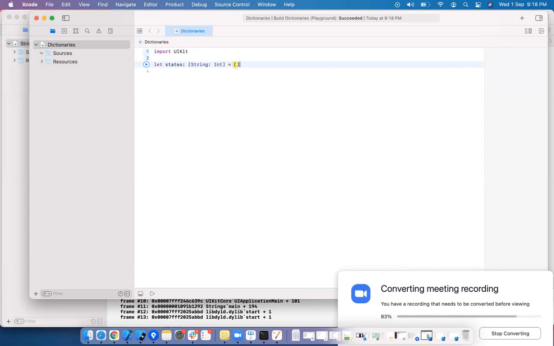Here I am going to give AP, and the value is, let's say, district and some pin code. Anantapur is the key, the value is an integer, some pin code.